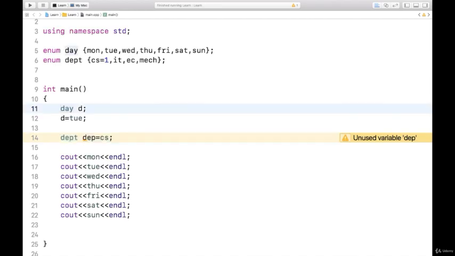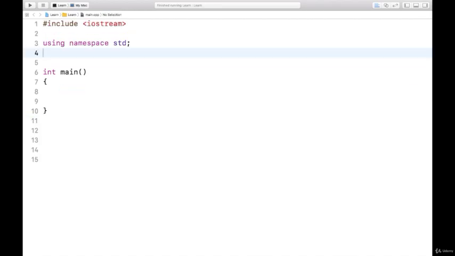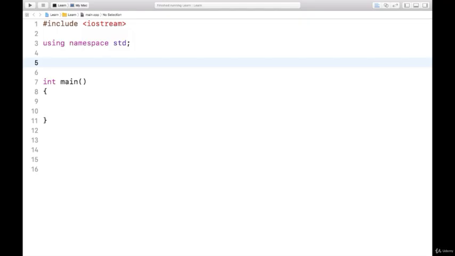Next, I will talk about typedef also. Let us talk about typedef. Typedef is used for defining our own data type or giving an alias to some data type so that we can make the program more readable. So the purpose of typedef is to make the program more readable. Let us take an example, say typedef